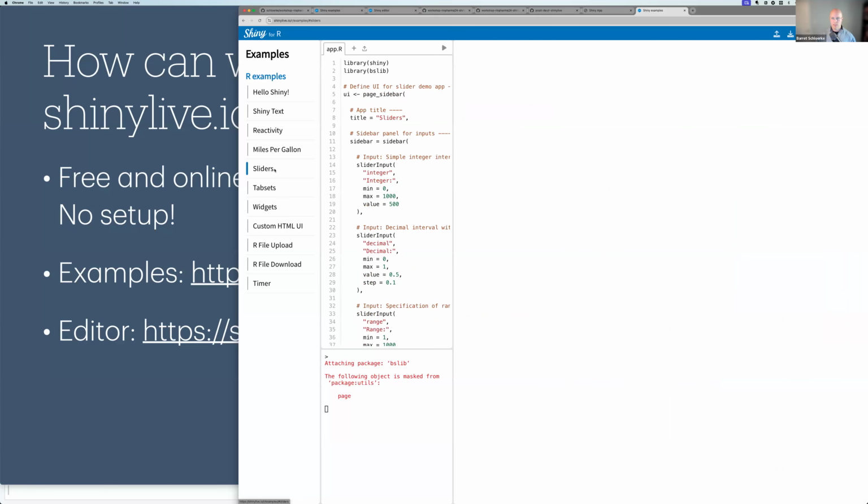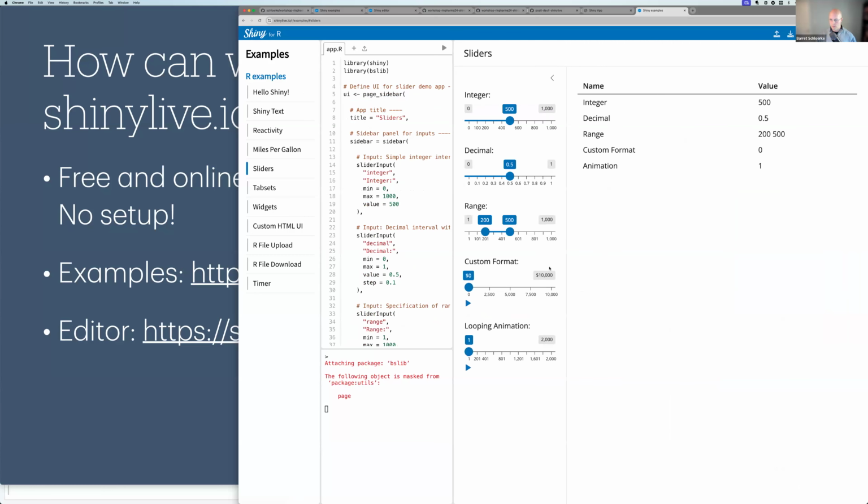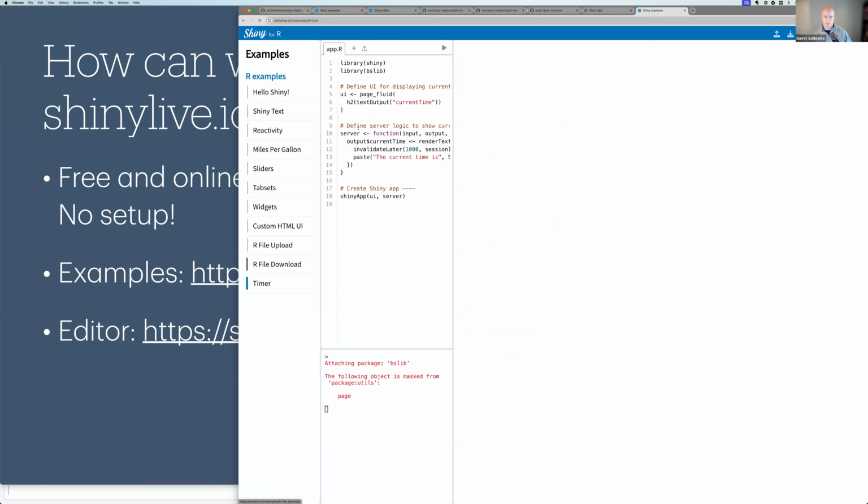And let's see, sliders. I always got to do the play button. 1, 2, 3. shinylive.io. Great. And timer. Okay, so this is a good one to kind of show just because it's quick.